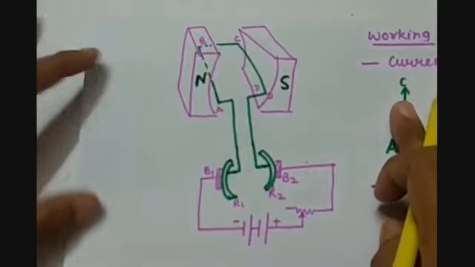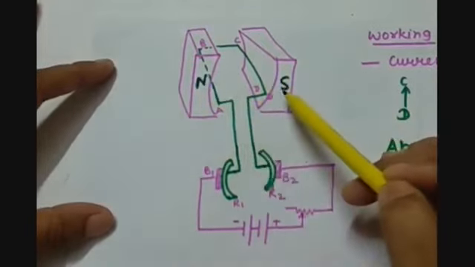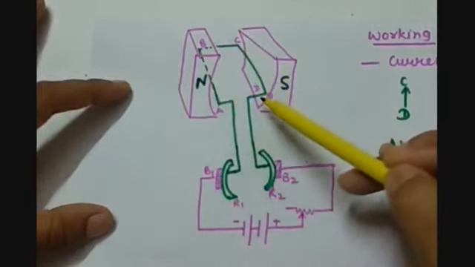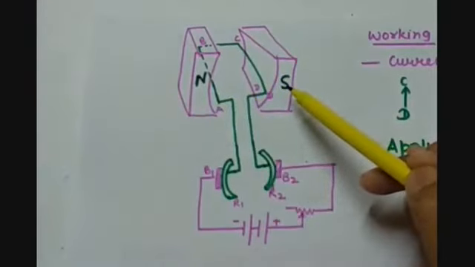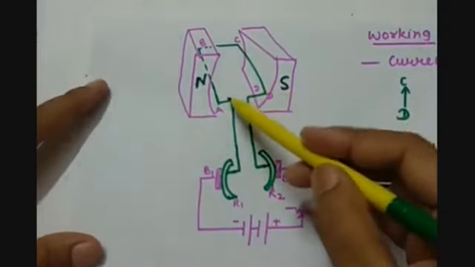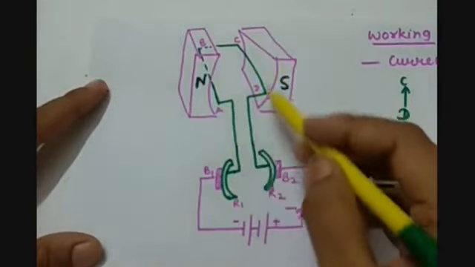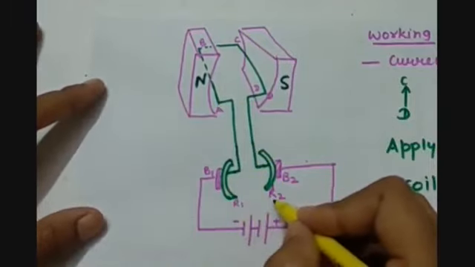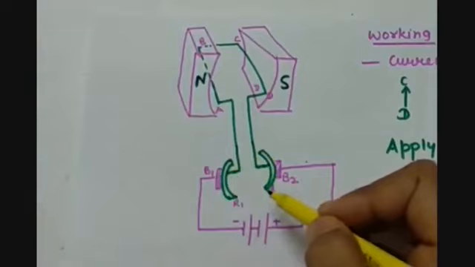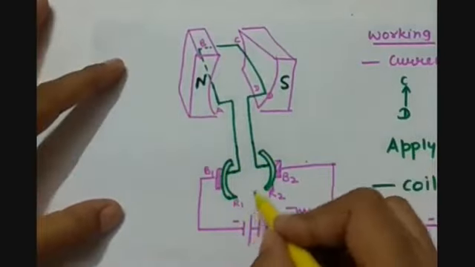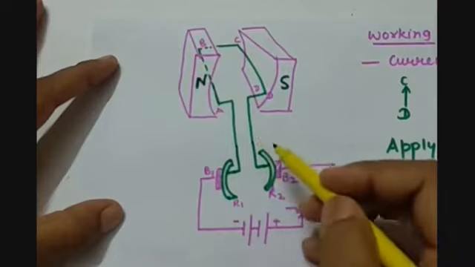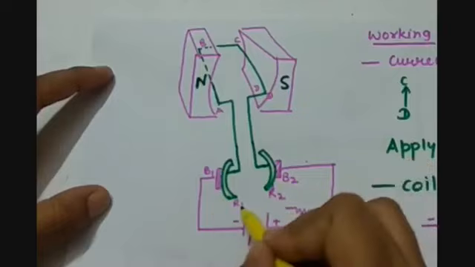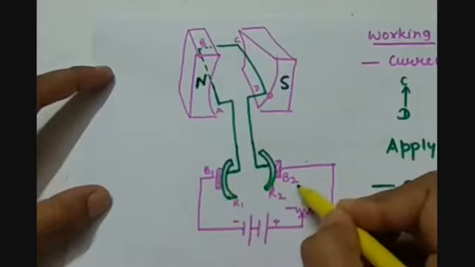So here we have the north and the south pole of the magnet. We have placed an armature coil ABCD in the magnetic field of a horseshoe magnet, which is a permanent magnet, and the armature coil ABCD is connected to the commutator or split rings R1, R2. I told you these are two half rings. So AB is connected to R1 in the initial situation and CD is connected to R2. R1 is connected with brush B1, R2 is connected with brush B2.